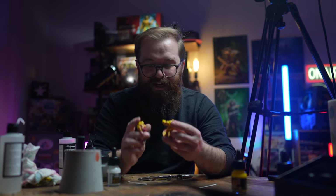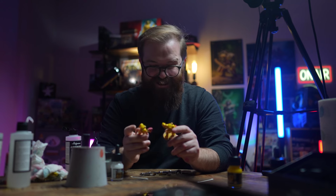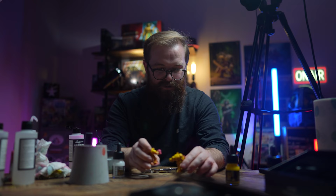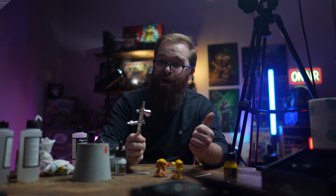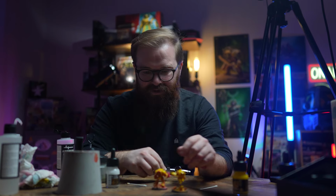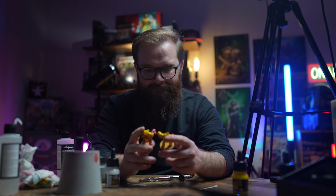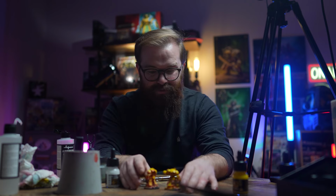Overall, for the hours of time that I've spent on this, this is kind of why I'm scared of airbrushing. But I'm going to build up a couple more, and I'm going to compare this to another new airbrush that I bought recently. I think that's probably the best thing to do. I've done this sort of thing with rattle cans before and it's worked really well. I thought the inks would be more transparent. My own fault for not testing them, as I've said, but currently